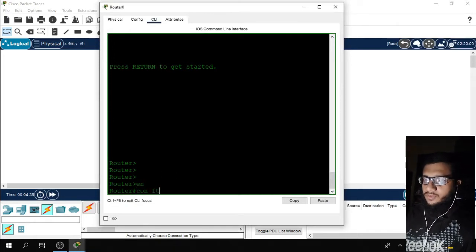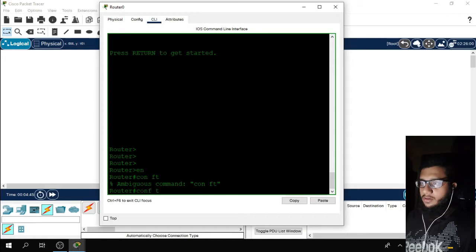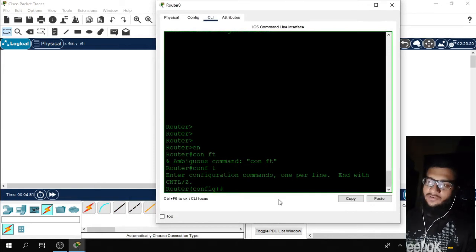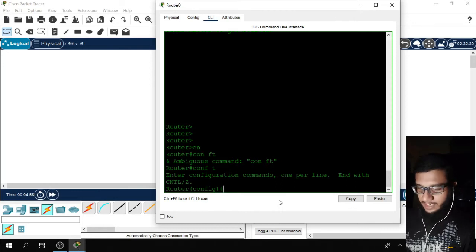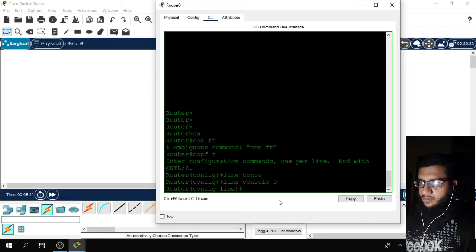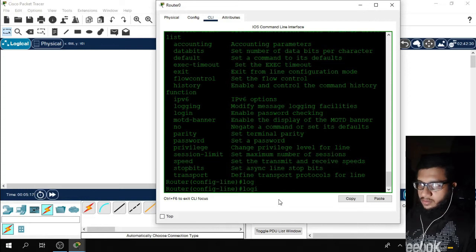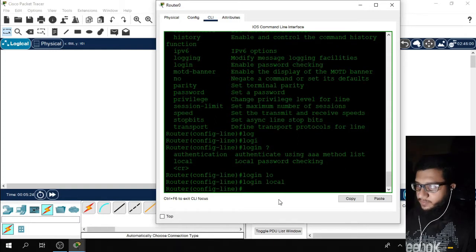Then I'll configure line console 0, then login local, then exit from this interface.